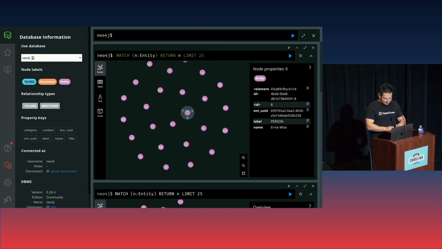We can click each one and see, some of them are dates, like what happened in 1973. But in the particular query that I demoed earlier, this is the node we're interested in, because I asked, who is this Ernie Weiss? Using named entity recognition, we were able to pull out that person's name and use that name to query for relationships. And so what that ends up looking like